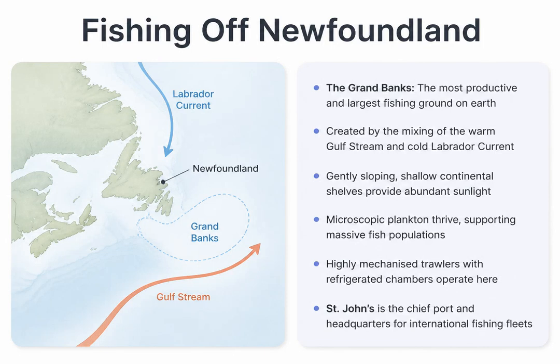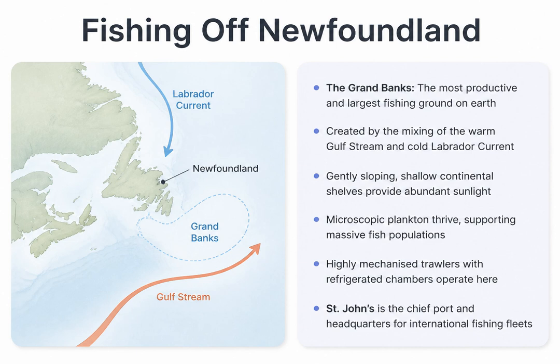While agriculture is limited, the Laurentian regions dominate in another sector, fishing. Off the coast of Newfoundland lies the Grand Banks, the largest and most productive fishing ground on Earth. This incredible productivity is caused by the mixing of the warm Gulf Stream and the cold Labrador Current over gently sloping, shallow continental shelves. This mixing creates the perfect environment for microscopic plankton to explode in numbers, which in turn